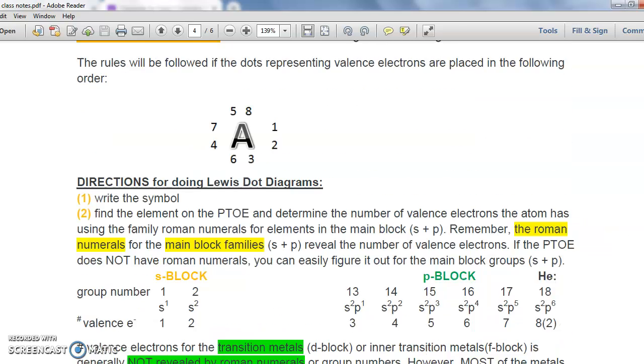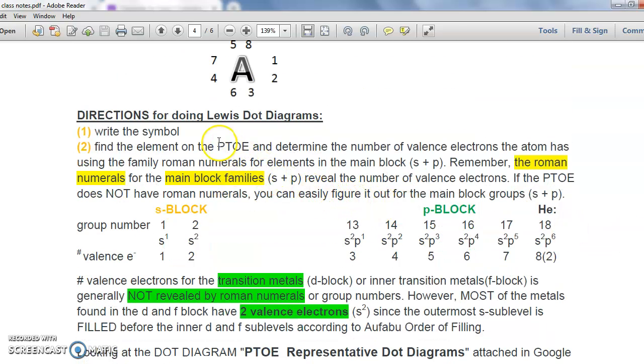So how do we do Lewis dot diagrams? First, you write the symbol. Then you find the element on the periodic table, and you use the information on the periodic table to help you determine how many valence electrons it has. Determining valence electrons for the main blocks, that's the s block and the p block. The main blocks are the elements that are found in the first 2 columns to the left or the 6 columns to the right. They are very easy to do dot